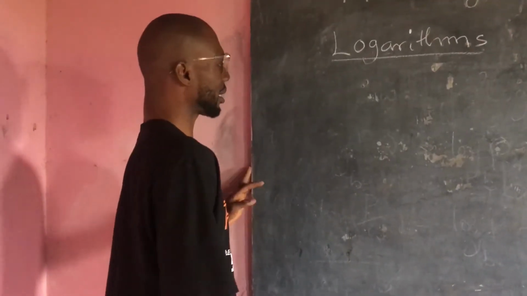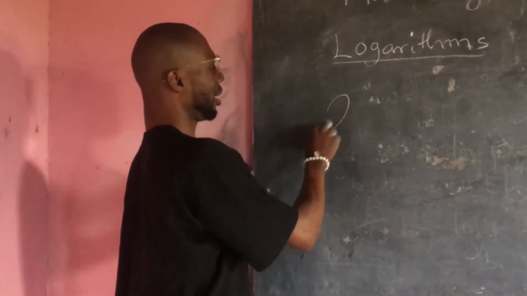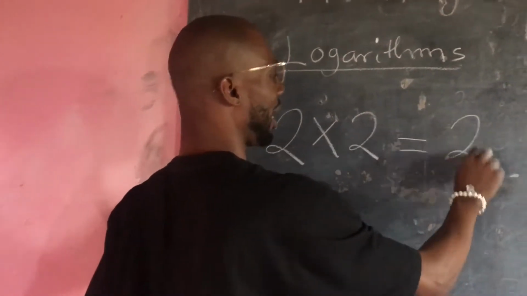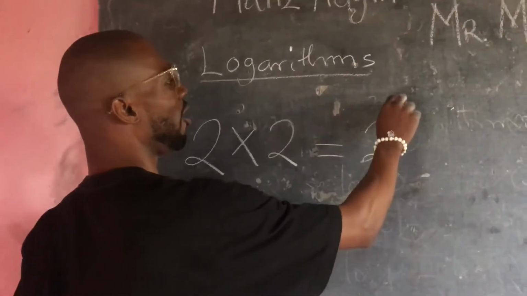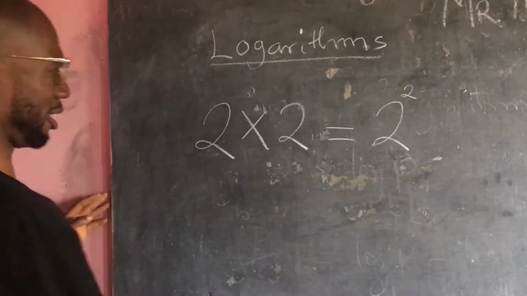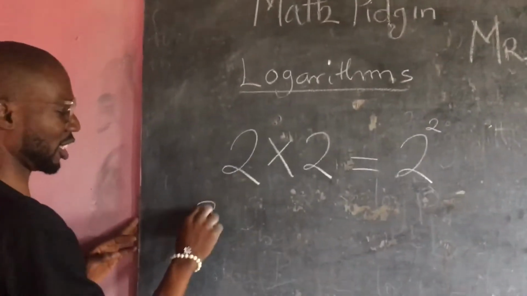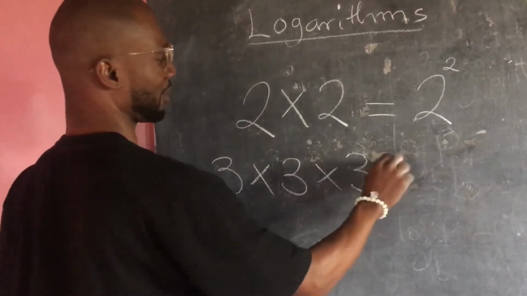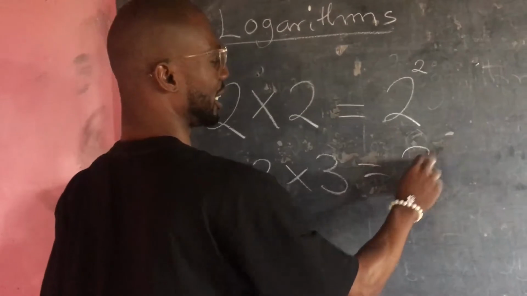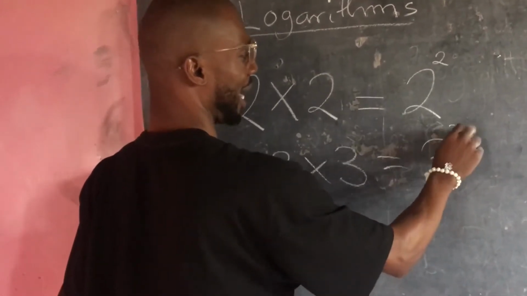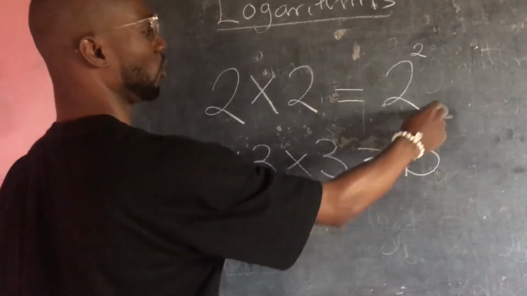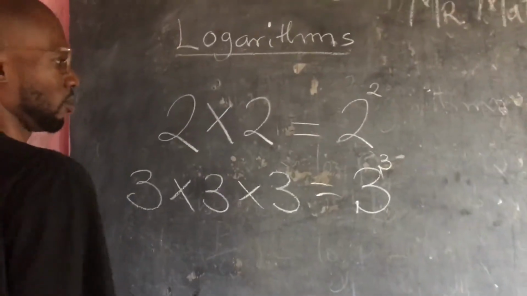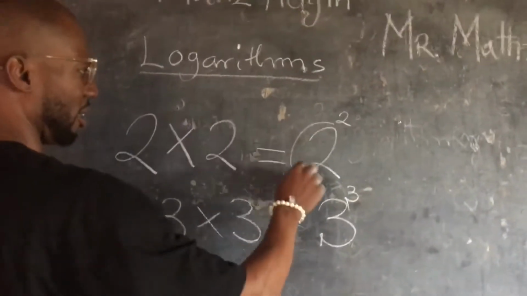When we dey do indices, we bin do something like this ba. He say if number multiply himself like this, we go just take the number and then raise am to the power of how many times wey the number multiply himself. Abi? We bin talk say if number multiply himself multiple times like this, we go just take the same number and then multiply am, abi raise am to the power of how many times wey multiply himself. Abi? So wetin we call this one that year?